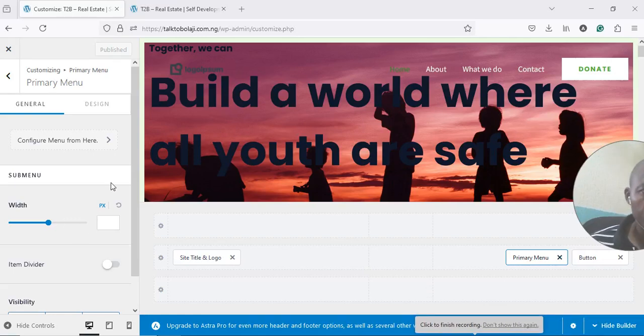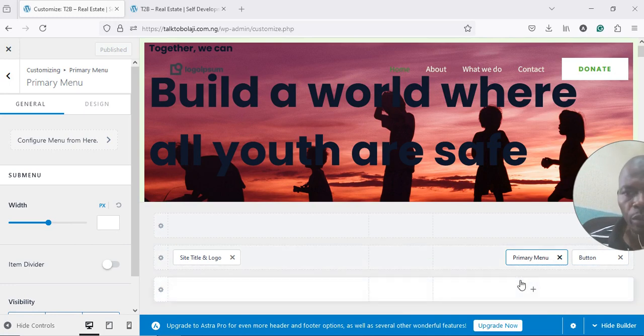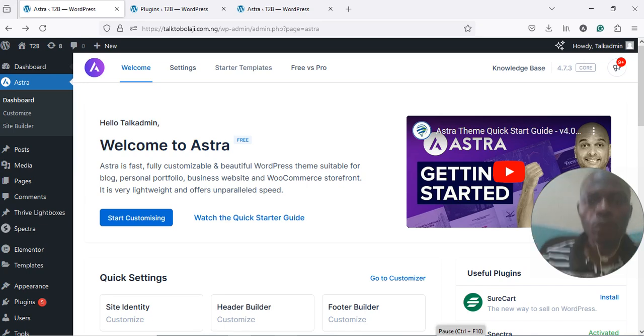All right, so now the primary menu. So before we go to the primary menu, let's check other things that we can customize. Say this, our banner, for instance. So I want to show you how to edit the content of your website to make it your